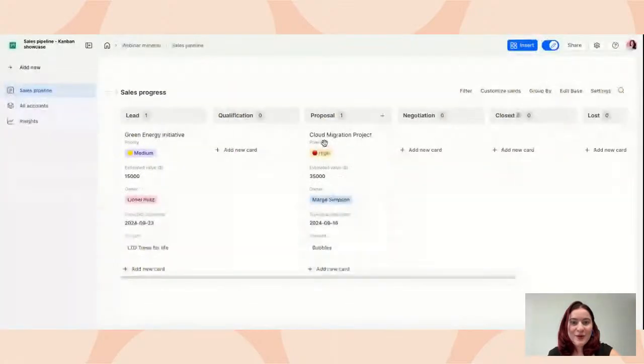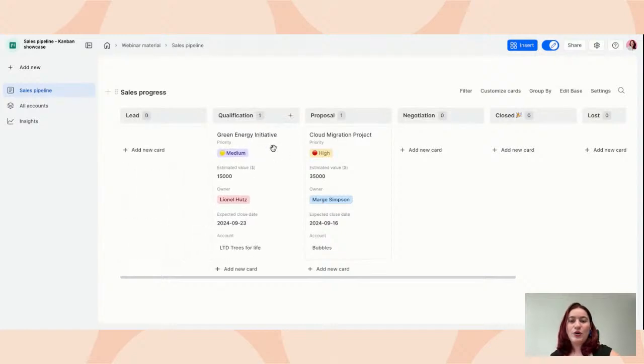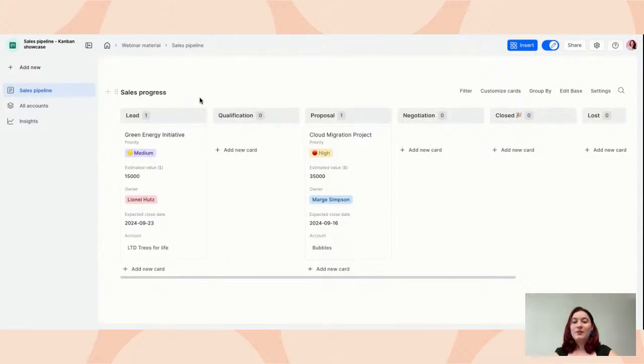I will also talk about our Kanban board, which is super useful, super important, and actually super popular amongst our users as well, which really simplifies your workflow. So Kanban board looks like this. You can have it grouped by a specific field. Usually it has to be either single choice field or drop-down field.